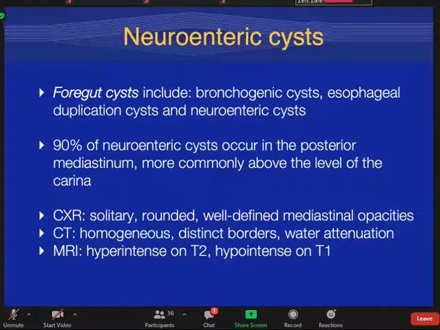Foregut cysts include bronchogenic cysts, esophageal duplication cysts, and neuroenteric cysts. 90% of all neuroenteric cysts occur in the posterior mediastinum, more commonly above the level of the carina. On chest x-ray, it appears as solitary, rounded, well-defined mediastinal opacities. On CT, these are homogeneous lesions of water attenuation with distinct borders. On MRI, they have high signal intensity on T2, and they are usually low signal intensity on T1 because they contain